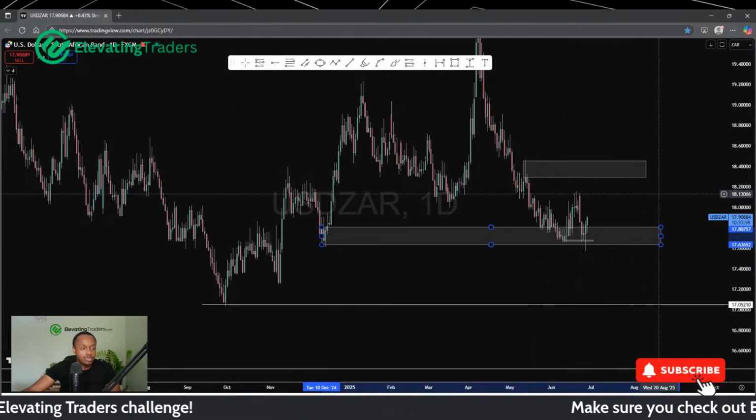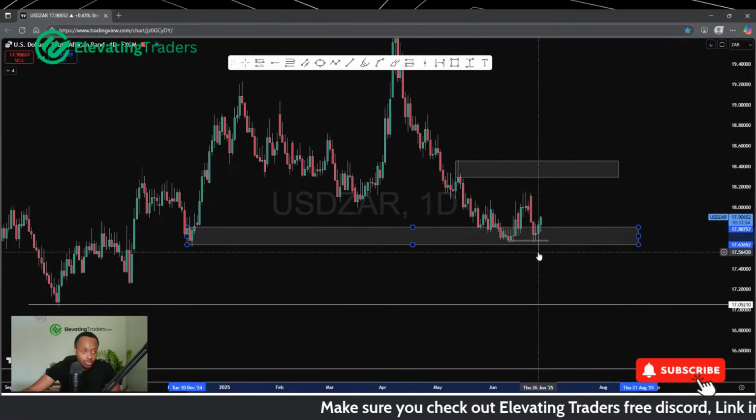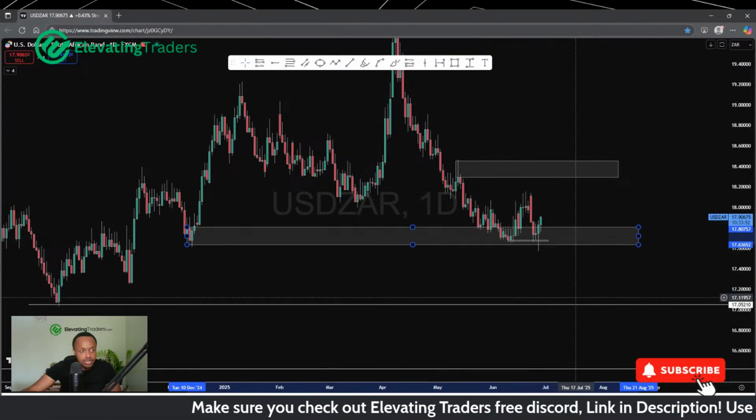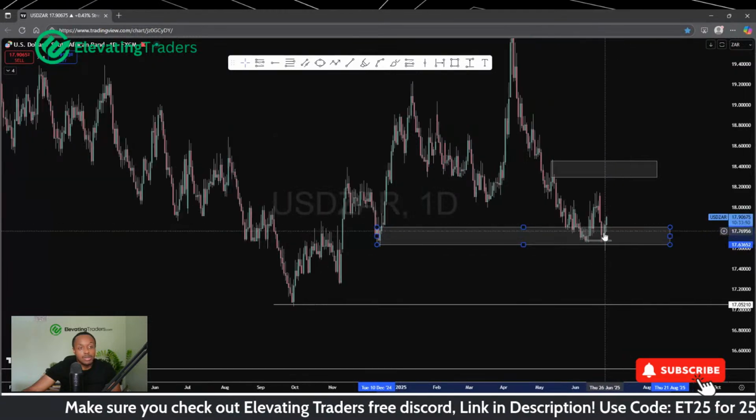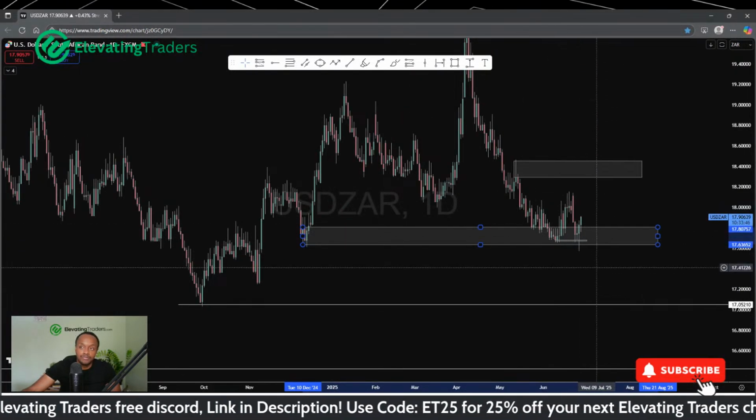And price is rejecting it actually pretty well. I really like the way the daily candle closed. Nice piercing wick through the zone, pull back. Somewhat of a nice close. The candle could have been a bit bigger, but momentum has failed to break the low, and support is holding